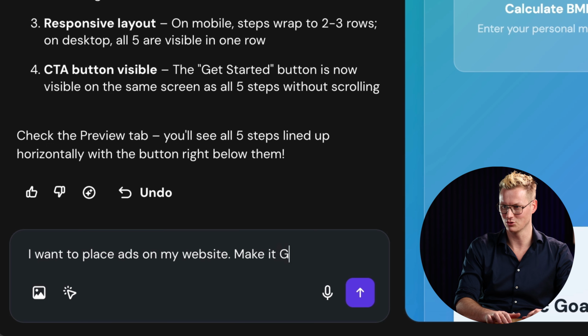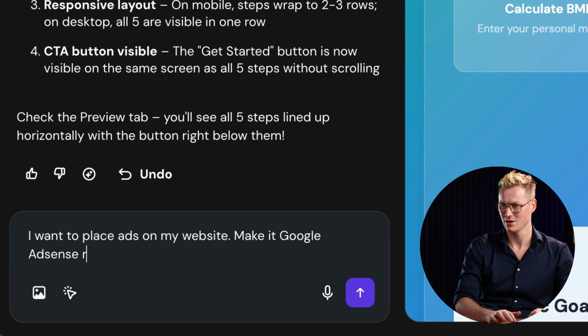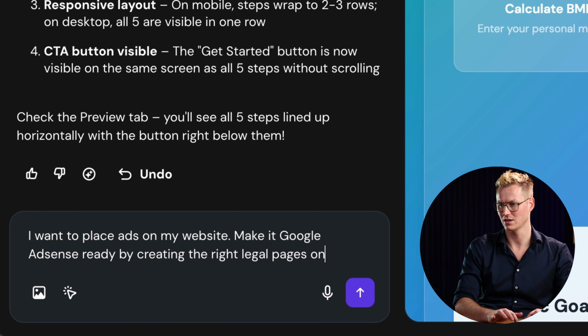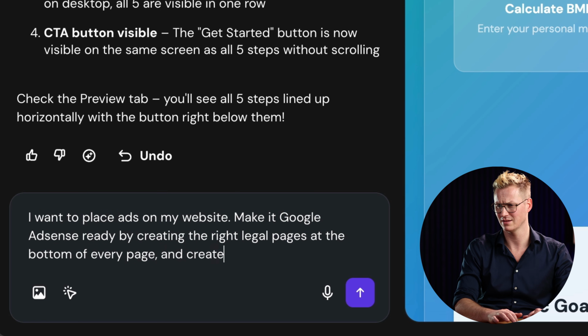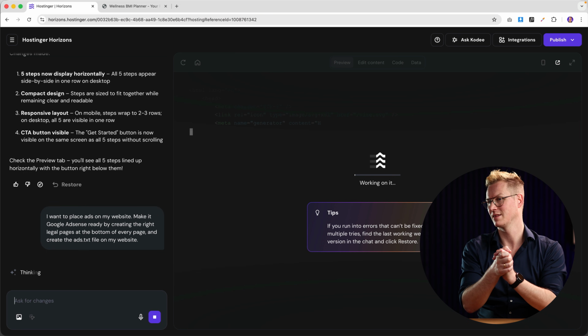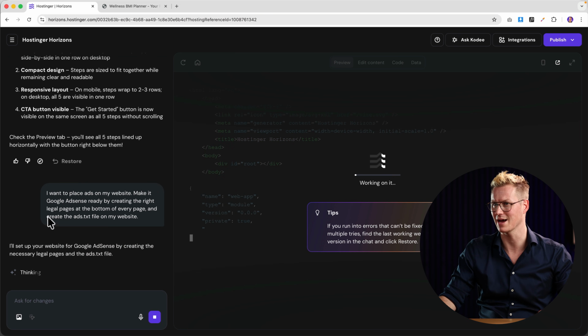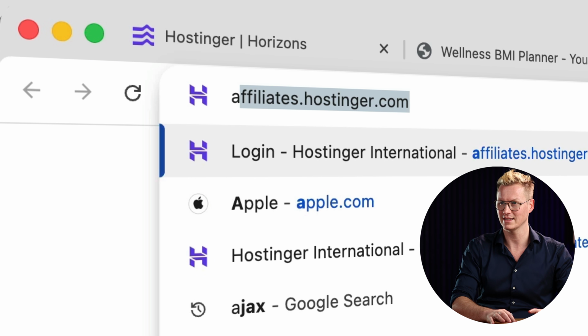Make it Google AdSense ready by creating the right legal pages at the bottom of every page and create the ads.txt file on my website. Let's go. In the meantime, I go to AdSense.google.